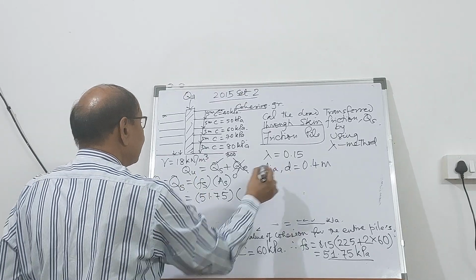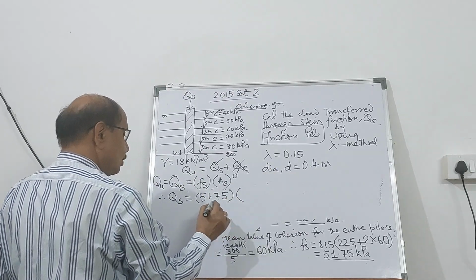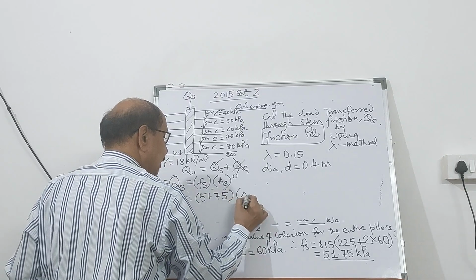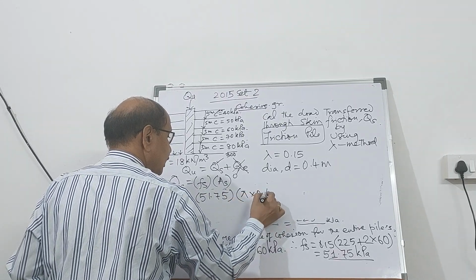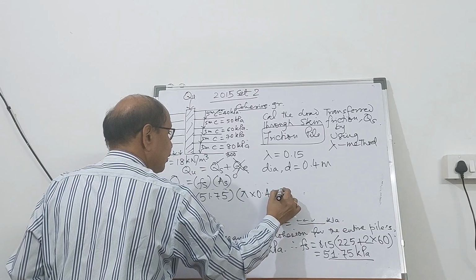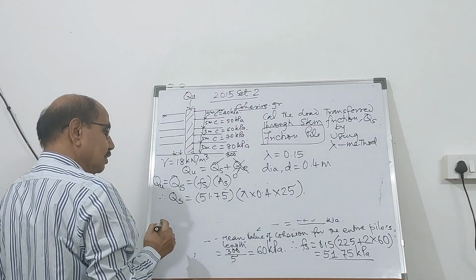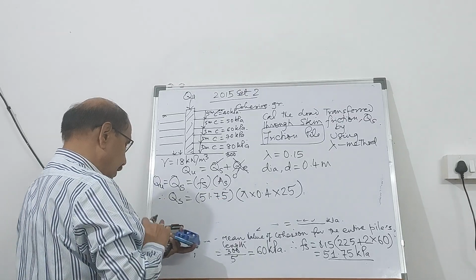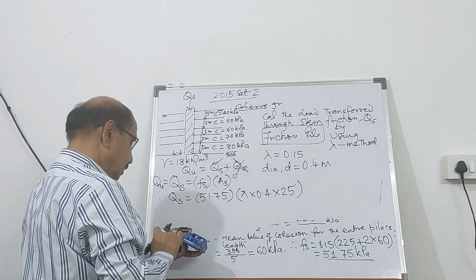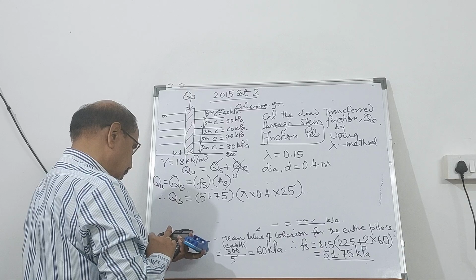The diameter is already known to me, so the shaft area is going to be pi d multiplied by the length. So this becomes 10 pi. So let us calculate, multiplied by 10